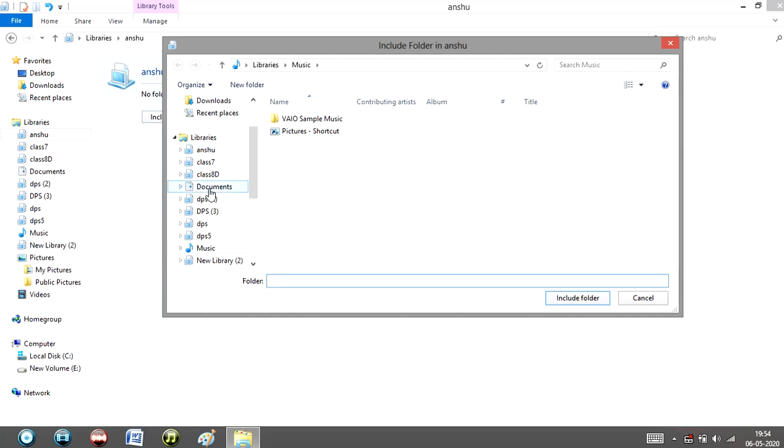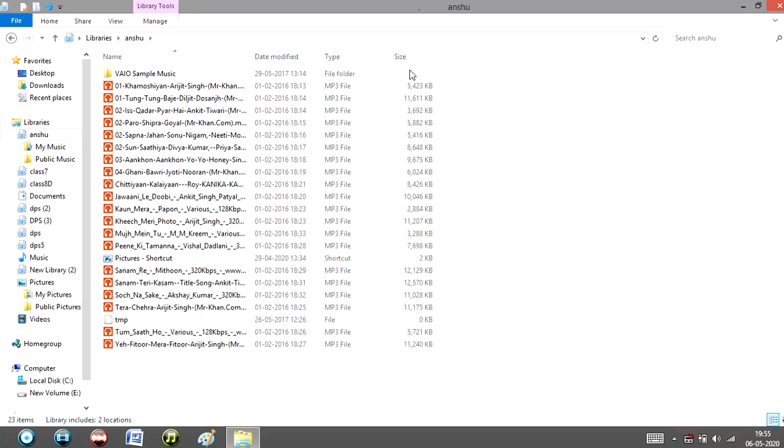And now if you want to add some files into it, for example I want to add music, so I am double clicking here at music and now include folder. Okay, so now all the songs of my laptop which are stored in the music folder are now copied here.